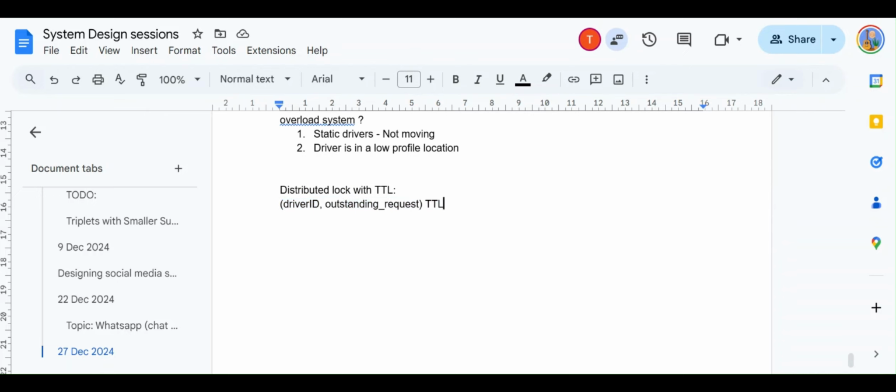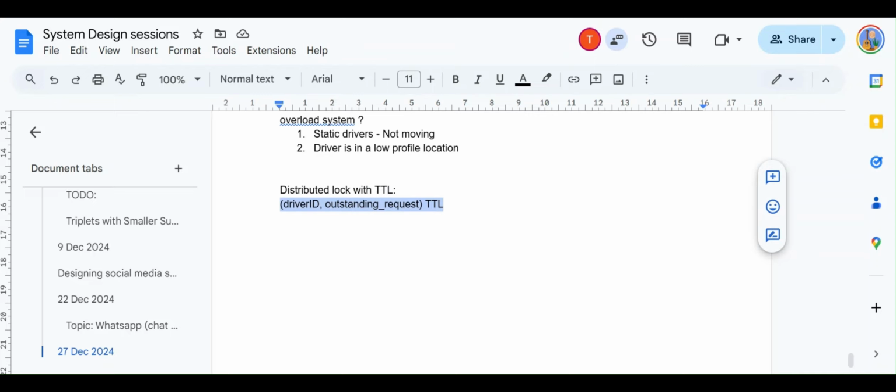So this is already supported by Redis because it achieves a good amount of replication factor as well, and I think that is configurable. So yeah, and in the worst case, what could happen is that even if the cluster is lost, it means that all the locks are relinquished immediately, right? Like all the locks are immediately taken off. So basically, those drivers are not locked. So only in the worst case it will impact your system only for 10 seconds. It means that for the next 10 seconds the same driver can get multiple requests.